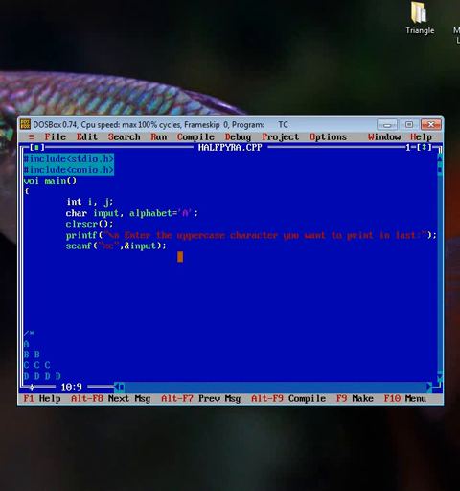Now I can start the first outer loop: for i equal to 1, i less than or equal to input minus 'A' plus 1.